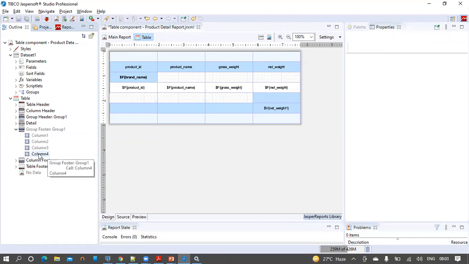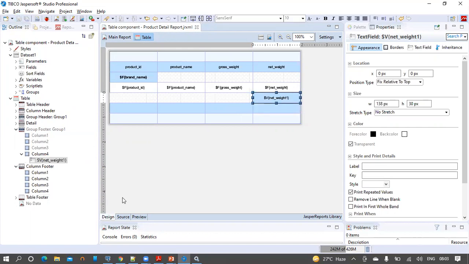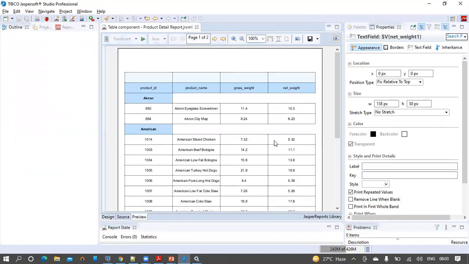As we create a cell, we can see additionally a new row is created. Let us push this variable to the column 4 that we just created for the group footer band. Click save, and then run the report again.